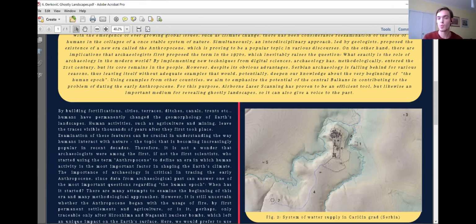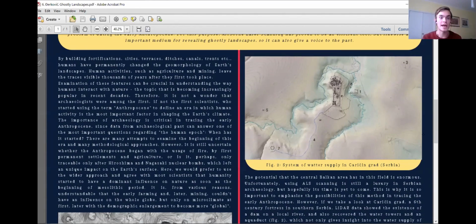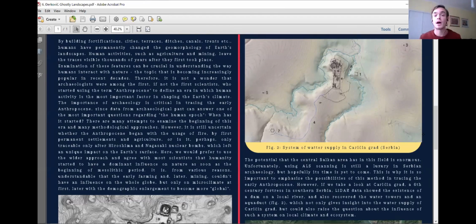Now it's uncertain when exactly the Anthropocene started. It definitely started as late as the Second World War with the Hiroshima and Nagasaki nuclear bombs, because at that moment the whole Earth's surface got a new geological layer, which is a radioactive one. But archaeologists usually tend to say that the Anthropocene actually started way earlier, some even claiming that it started with the first human use of fire and the first human emissions of CO2 into the atmosphere. But usually the beginning of the Anthropocene is considered to be the early Neolithic and the start of sedentary life and